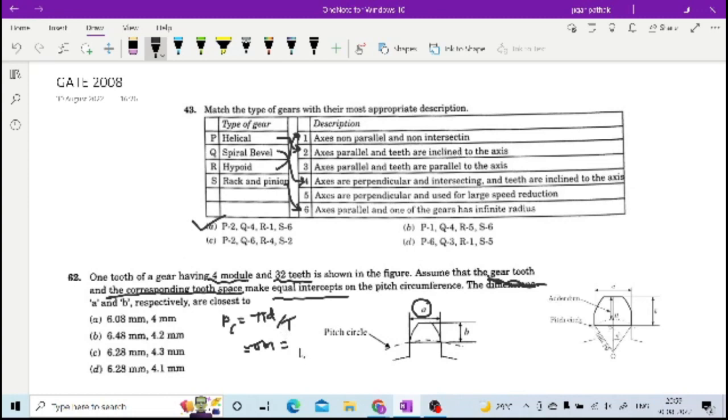So m is 4 and pi is 3.14. If you consider, then it will be around 12.56. So the circular pitch is basically the distance from a point on the tooth to the corresponding point on the next tooth, right? Like this, the same point on the next tooth. So this is tooth thickness,